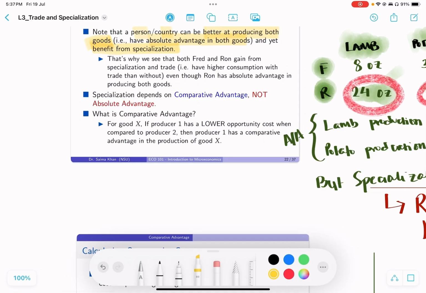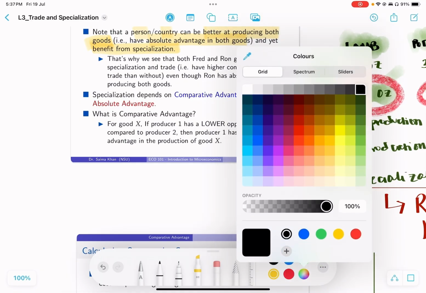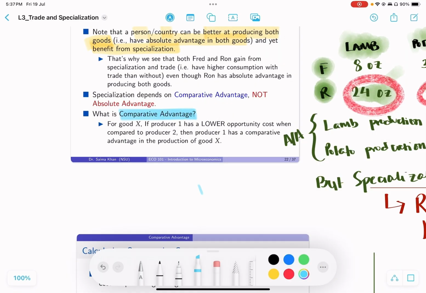So what exactly is comparative advantage? Comparative advantage here is we're saying that if producer 1 has lower opportunity cost compared to producer 2, then producer 1 we say has a comparative advantage in the production of good X. All right. So basically we're saying that for comparative advantage,